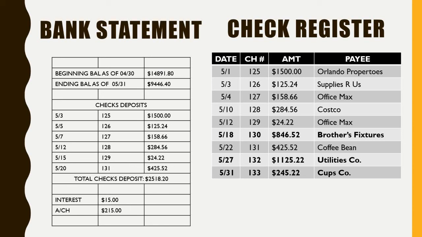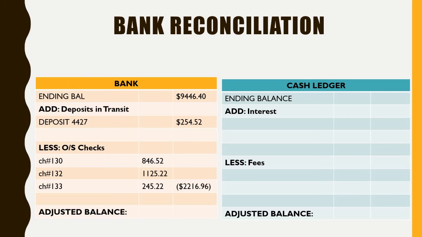So let's look at my check ledger. I still have 130 outstanding. I still have 132 and 133 that haven't cleared yet. So since I've written those checks out on my books, I need to automatically assume that those are the 3 checks that haven't cleared yet, because either I sent it out that day and the other party hasn't received it yet, or they haven't deposited it into their bank account yet. So here, I recognize my check 130 for the 846, the check 132 for the 1125, and the check 133 for the